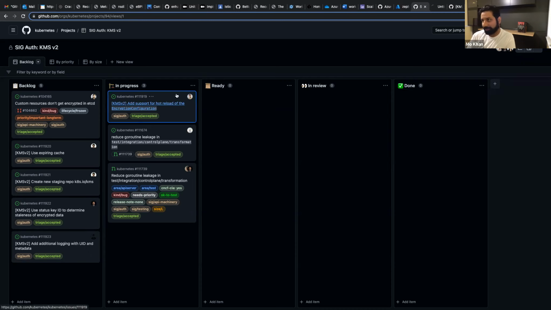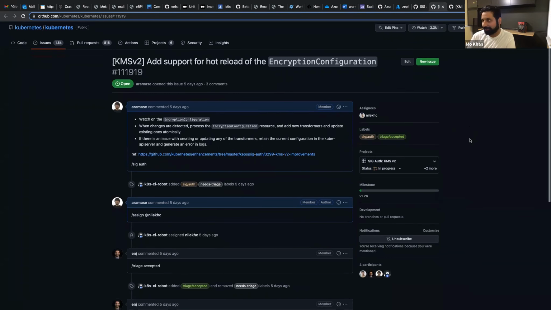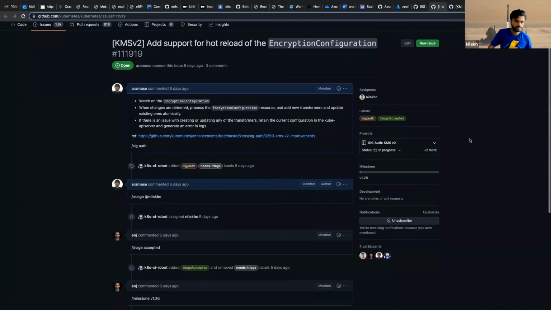So Nilek, you are working on hot reloading the config. Yep. Go ahead, sorry. I was just going to give an update. I finished the implementation part of it, and I was able to test how the changes can take effect.